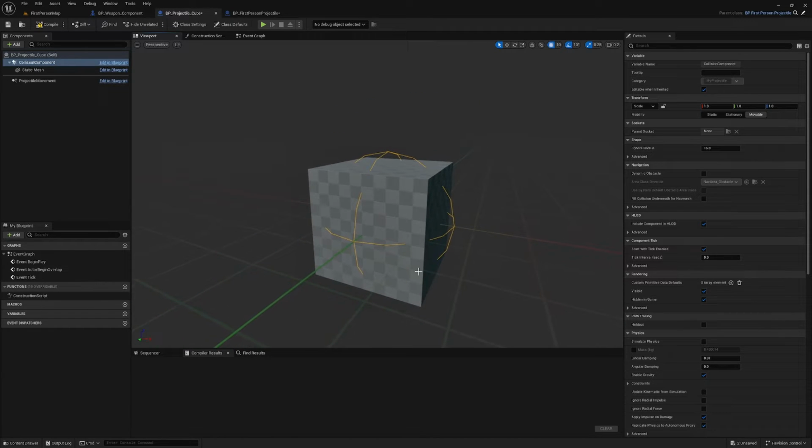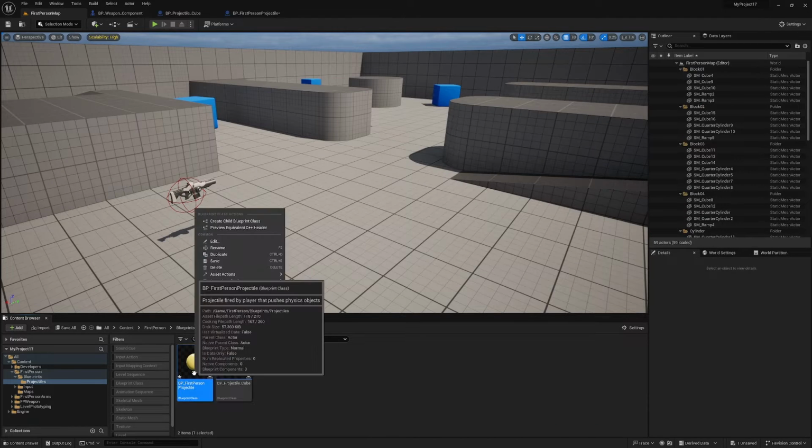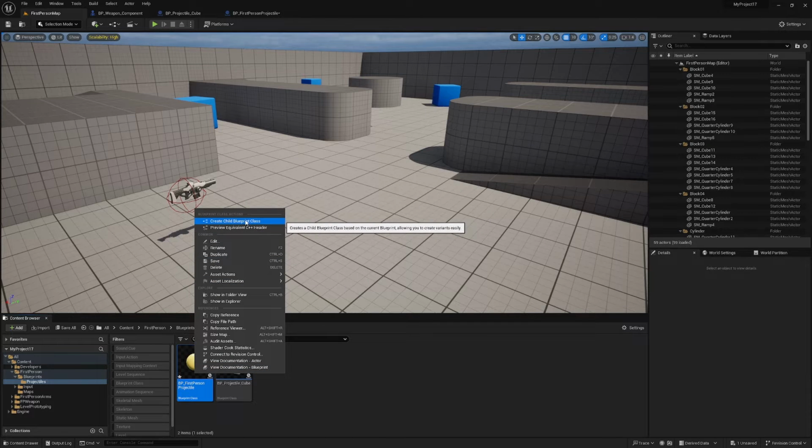I'm going to leave that the same. That's just for the purposes of this tutorial. It's not something we need to go into. I'm basically just changing the static mesh of the projectile so that we can see that it's changing when we fire it. So now I could right click on this and create another child blueprint class if I want to